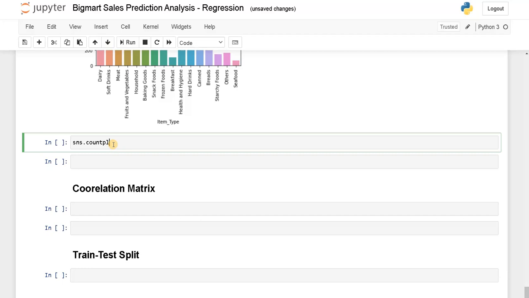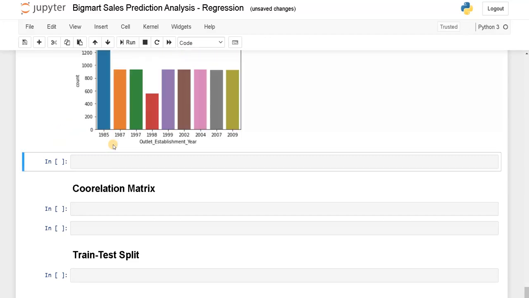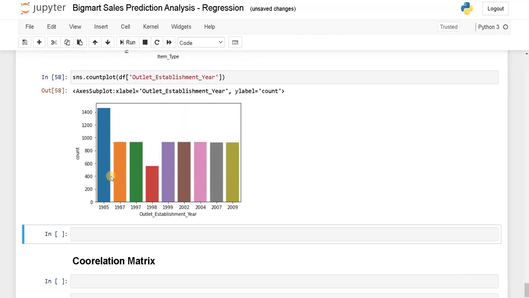sns.countplot df of outlet establishment year. Let's run this. So here all the outlets are established in equal distribution. Here only one has a higher count, that is 1985. At that period, more stores were established.